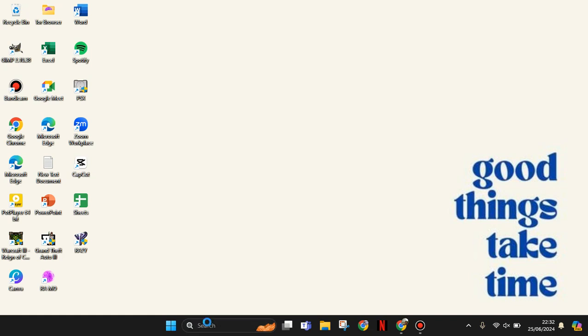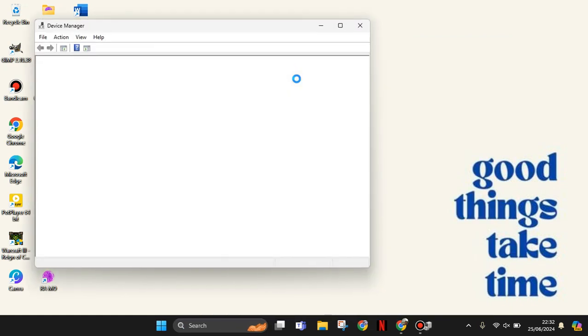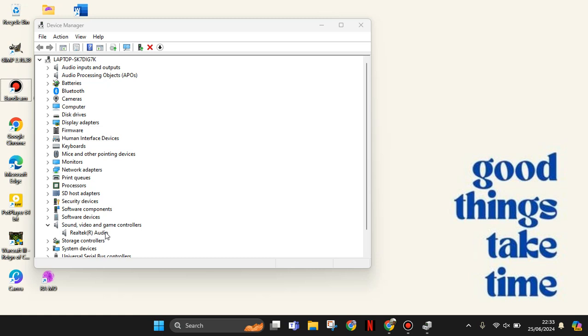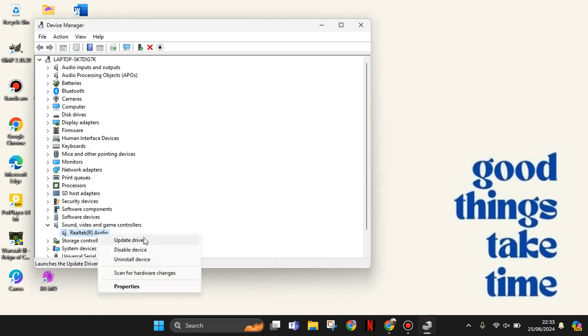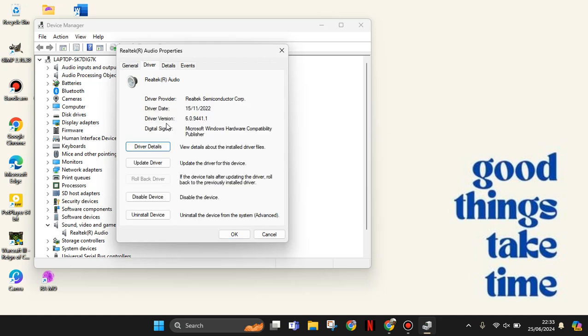So all you have to do is very easy, just type device manager here and try to search the sound first. I'm using Realtek audio. Here you can update the driver, disable device and uninstall device. So all you have to do is just install the device here, so the driver will automatically update it